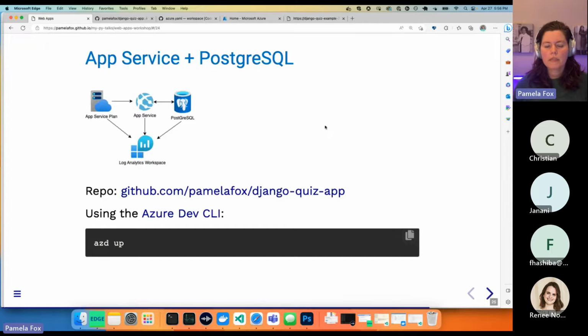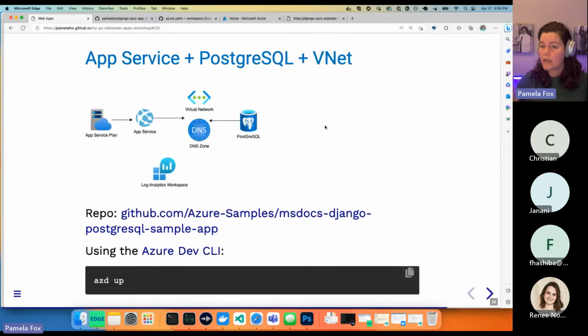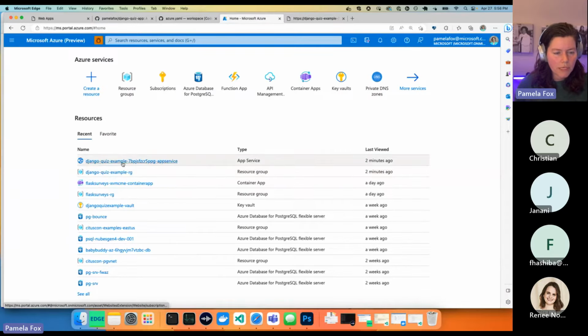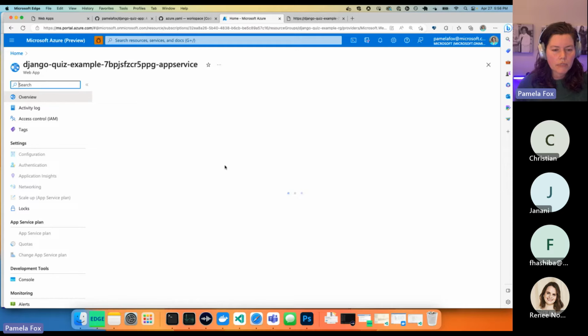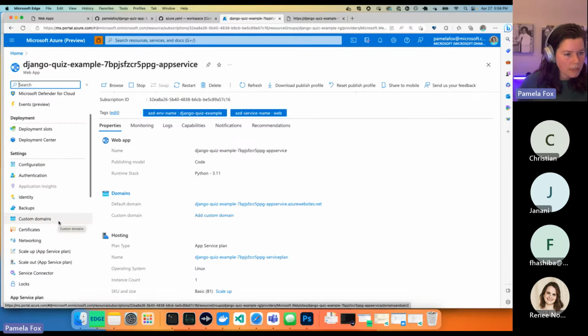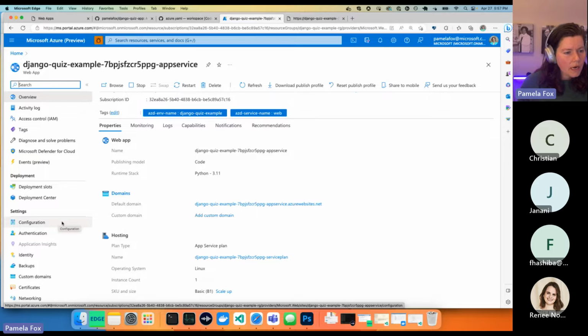What I'm going to talk about while we're waiting for that to go is another architecture. So the one that I'm deploying right now, it communicates using admin username and password to Postgres. Let me show you the networking configuration that I've used on the Postgres server. This is something really important that you have to figure out with your databases, is how you're going to protect them, how you're going to secure them. And of course, security is really important to us at Microsoft, hopefully everyone.